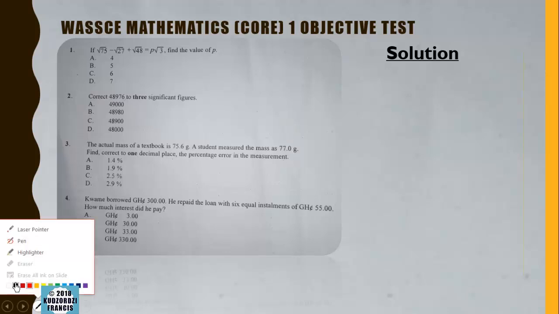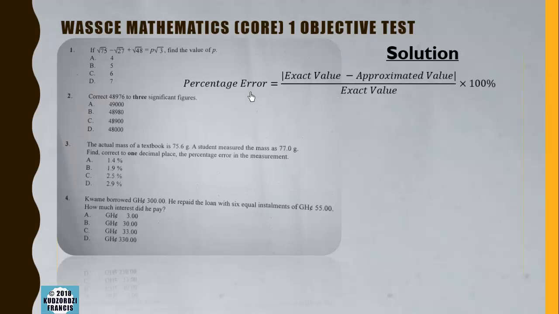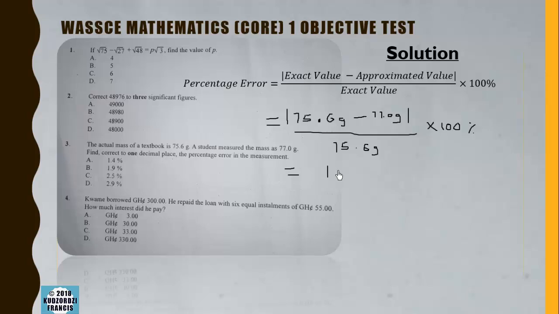Then we have this, that we want to find a percentage error. So percentage error is the exact value, which is 75.6 grams, minus the approximated value, which is 77.0 grams, all over the exact value. So we are finding the absolute value of that over the exact value times 100%. And this gives us the absolute value of negative 7 over 5